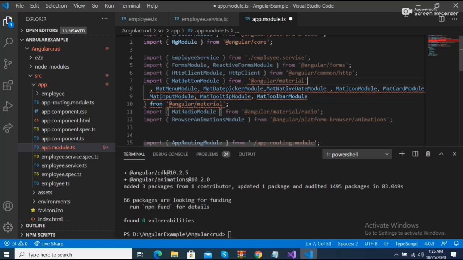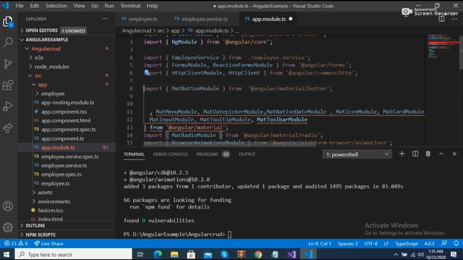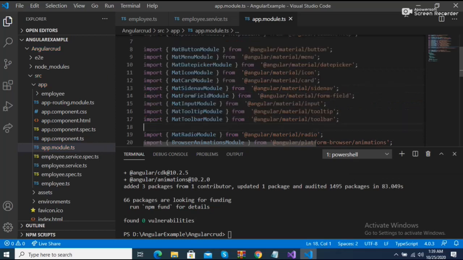In this case, you just need to add the button. As you can see on the screen, I add all the button, menu, module, date picker, and icon modules from Angular Material. We are using Angular 9, so that's why we need to do that.